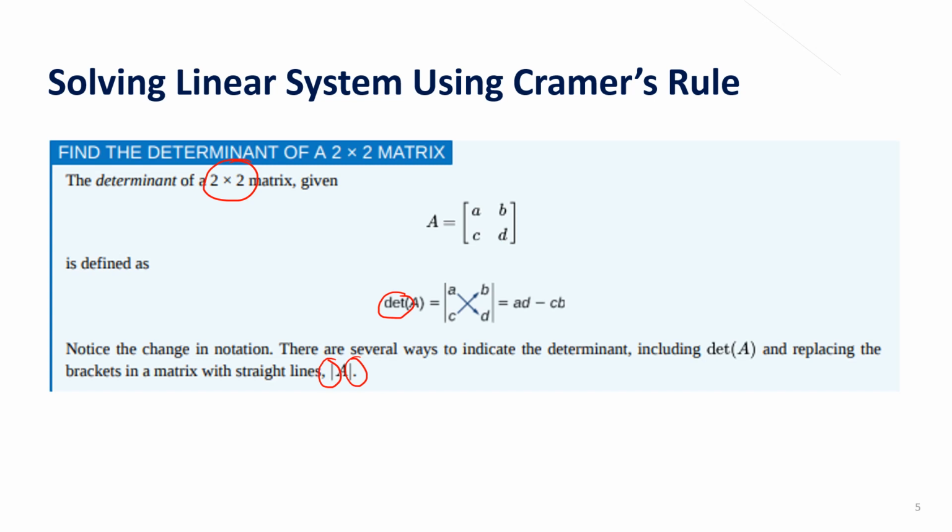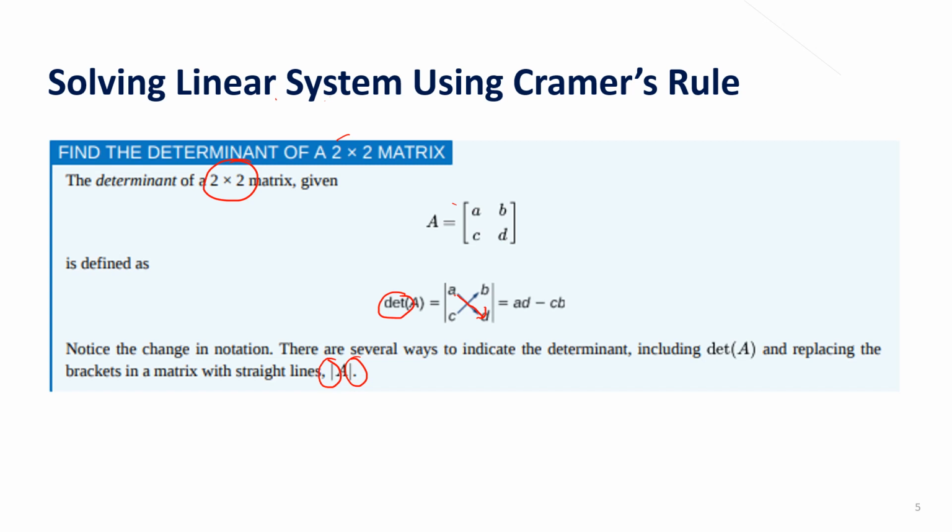Okay, now in these slides you can see an example of a determinant of a 2 by 2 matrix. The determinant of a 2 by 2 matrix is very simple. You can calculate it by multiplying the elements of the main diagonal. The elements of the main diagonal are the top left and the bottom right. You multiply them like this. So if we say the top left is A and the bottom right is D,